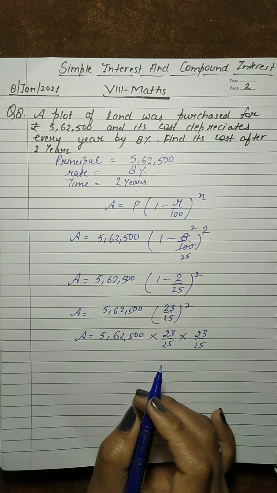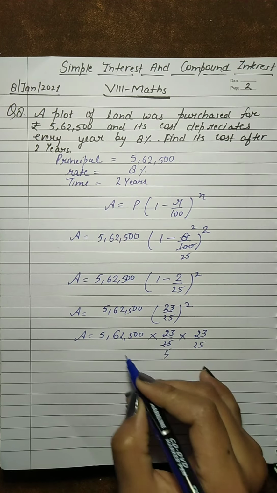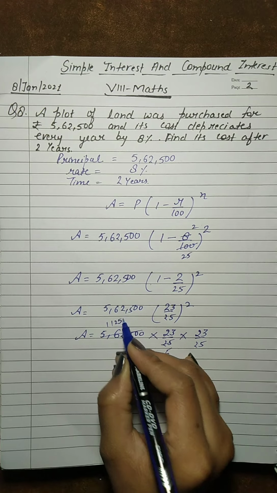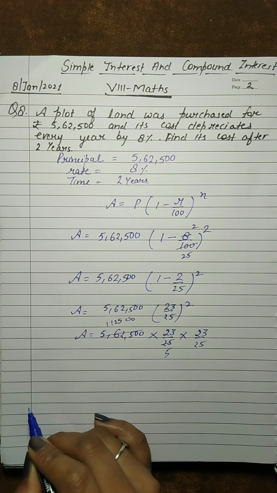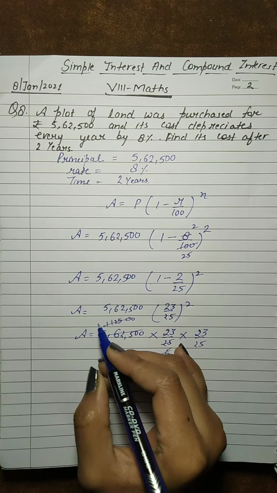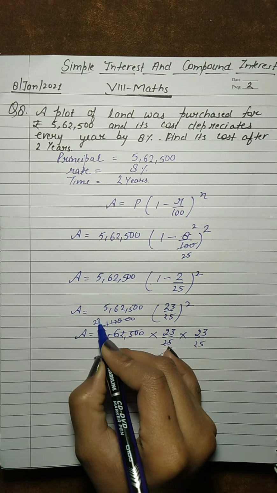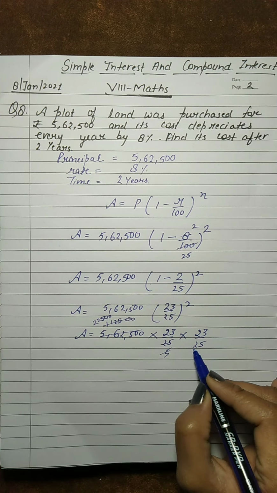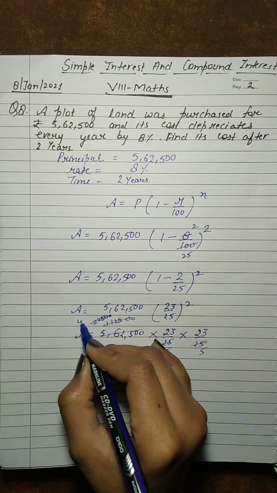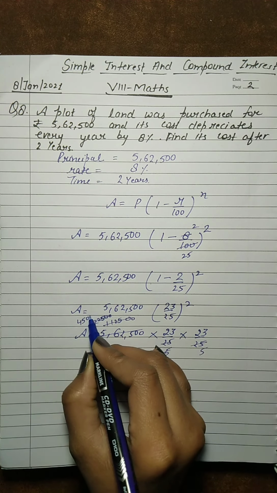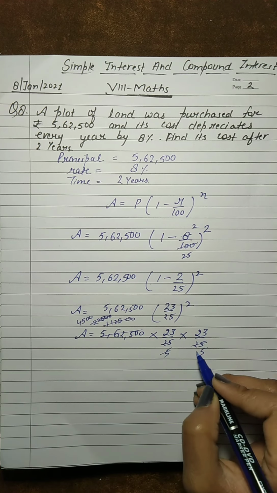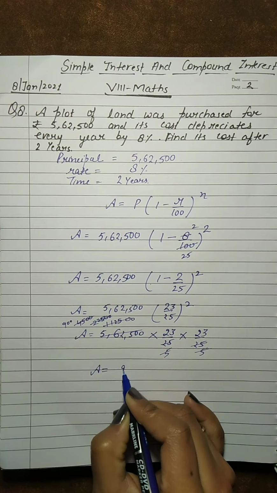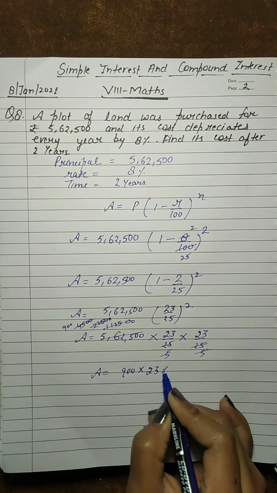Now we will calculate it. Students, 5 5s are 25, 5 1s are 5, 5 1s are 5, that is 12, 5 2s are 10, that is 25. So 2 zeros here. One more time, 5 2s are 10, that is 12, 5 2s are 10, that is 5 5s are 25. One more time, 5 5s are 25, that is 5 4s are 25, and 2 zeros here. One more time, 5 9s are 45 and 2 zeros here. So we have amount is equal to 900 into 23 into 23.